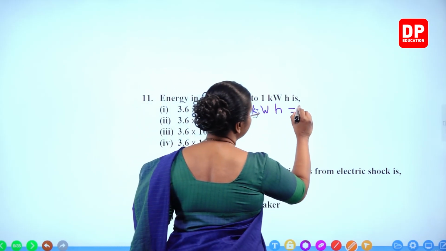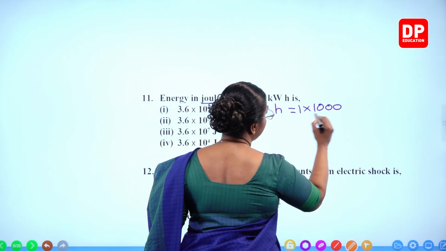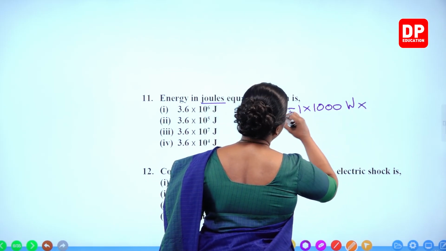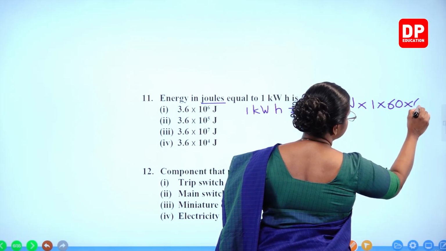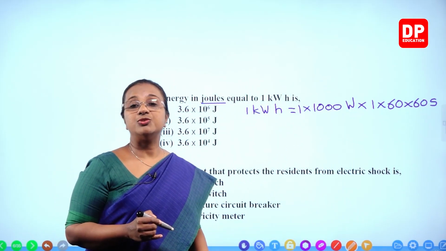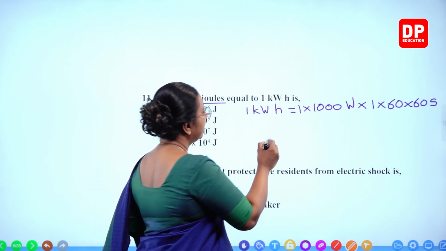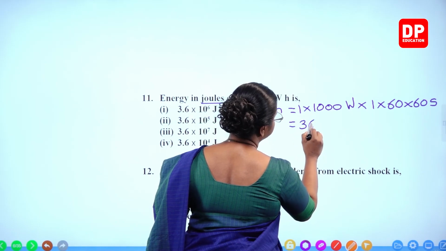So what do we need to do? We need to multiply 1 by 1000. So it becomes watts, and time also, 1 hour into 60 seconds. 1 hour we need to convert it to seconds. So if you multiply all that, you will get the answer